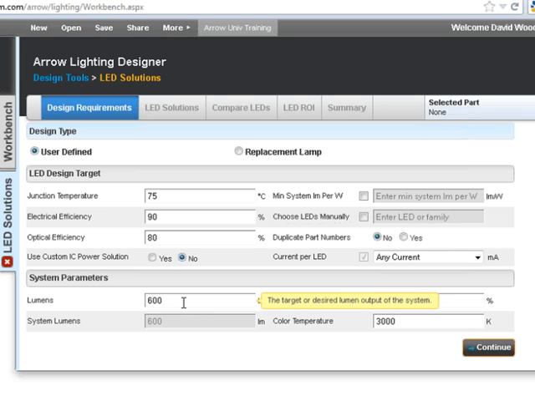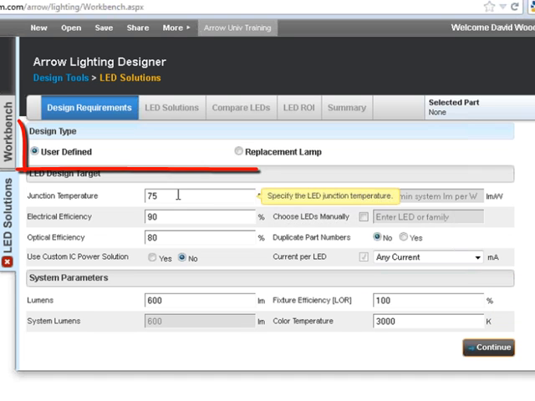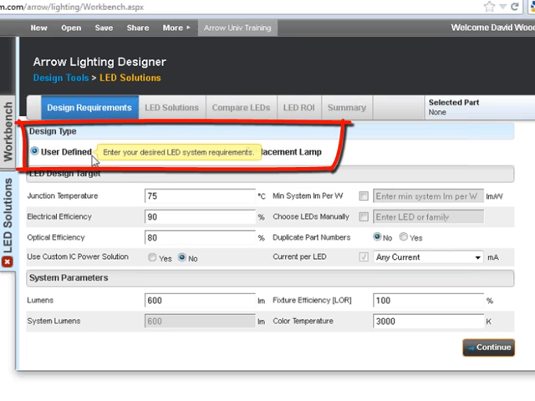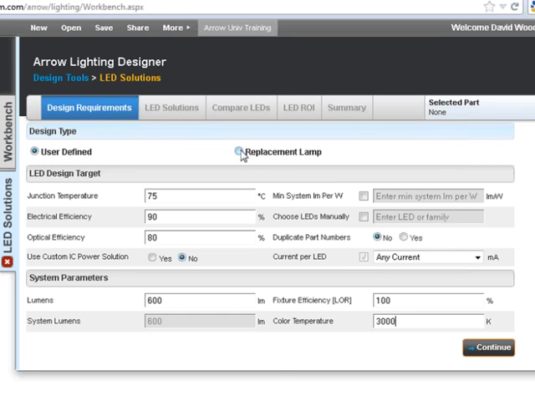So very basic fields here: total lumens, fixture efficiency, so how much light is coming out of whatever fixture the existing bulb may be in, and color temperature. Very, very simple parameters. You also notice at the top we have the option of saying user define, or we can do replacement lamp. So if I click on replacement lamp,